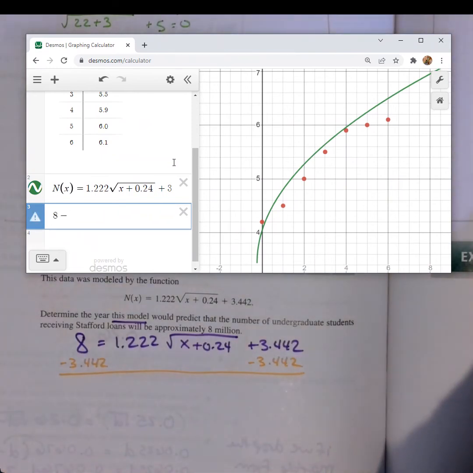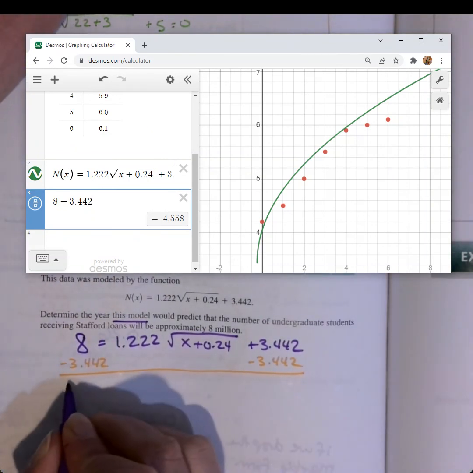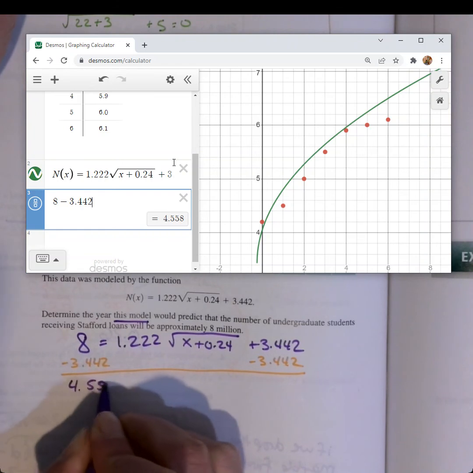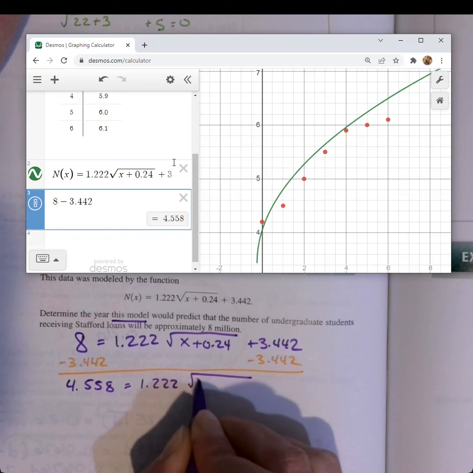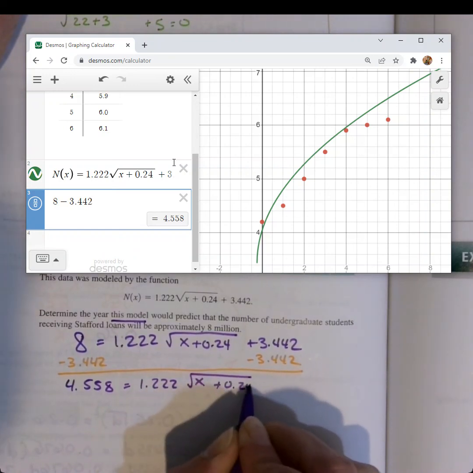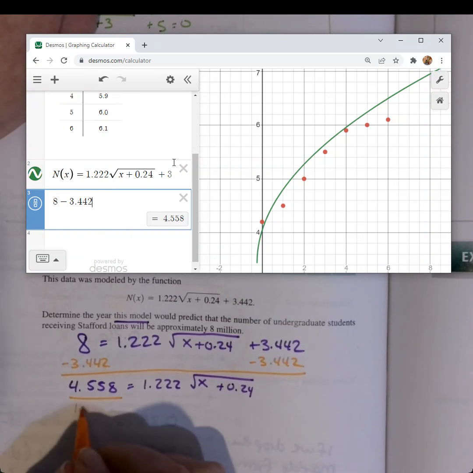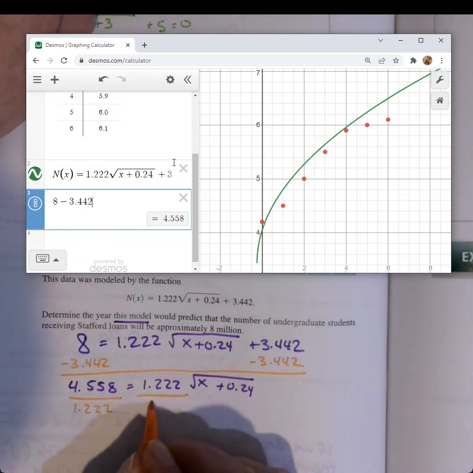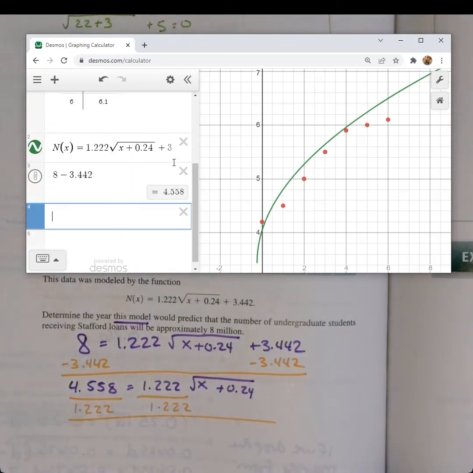All right, I'm going to have my function up here just for some work on this. 8 minus 3.442 is going to give us 4.558 equals 1.222 times the square root of x plus 0.24. Now, I think the next thing I would like to do is to divide off this 1.222 because I don't want to square both of those numbers and get two nasty numbers. Why don't I just get 1 since they're already kind of messy as it is and then square that result? So